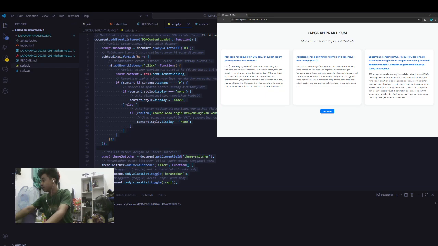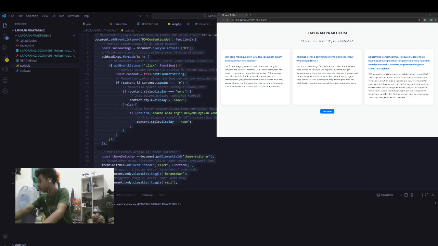Then I link the external CSS file using link rel stylesheet and reference style.css. Then I load the Google Fonts, which give the whole page a modern and clean appearance.